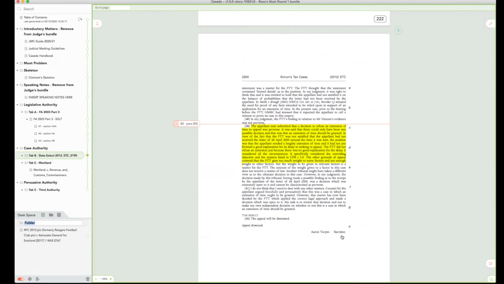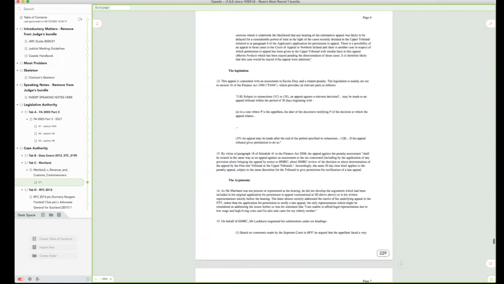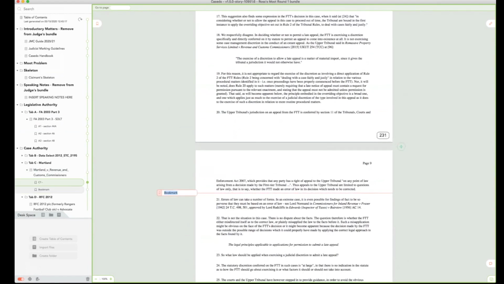And let's get another one now whilst we're at it, tab D, RFC 2012. Obviously, you'll have different and probably not just boring cases because it won't be a tax moot. And we can then create a tab for all these documents, and we can add the actual references we want wherever we want them. So that would be tab C1, whatever it is. You don't have to put anything more than just C1 on there if you want. C2, etc. C3, and we can put these references in.